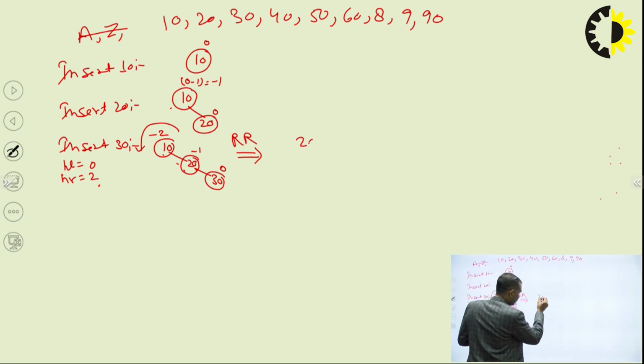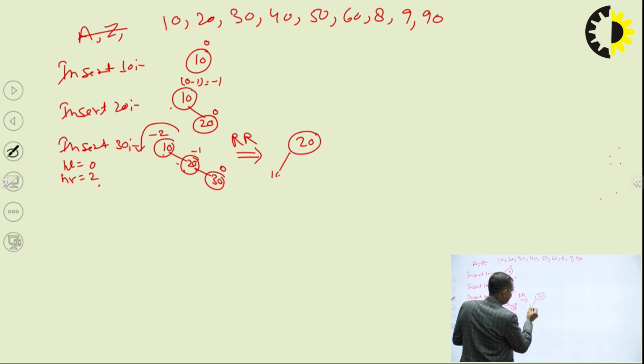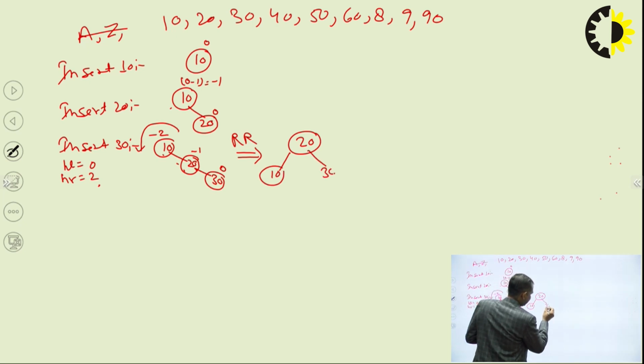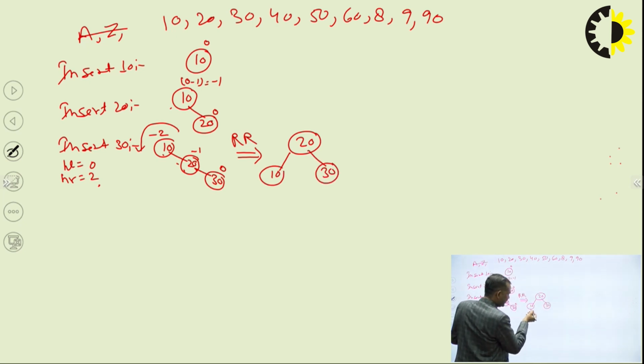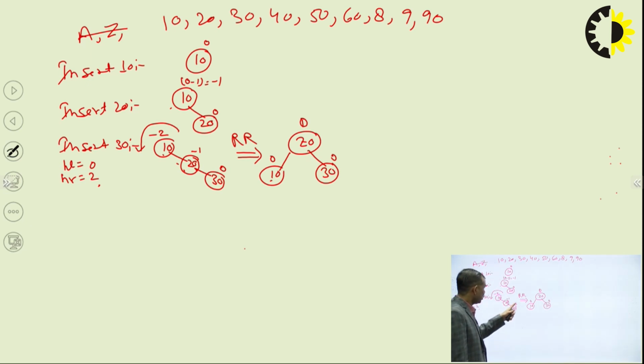So the root node at the top is 20, with 10 and 30. Its balance factor: for 10, left height 0, right height 0, that is a balance factor 0. Again, for 30, balance factor is 0. Left height is 1, right height is 1, so the balance factor of 20 is 0. Clear? When we apply the balance rotations, any rotations on the tree, its balance factor must be 0, plus 1 or minus 1. If after rotations the balance factor still changes somewhere, then we are making some mistakes. Okay, now the balance factor is okay.